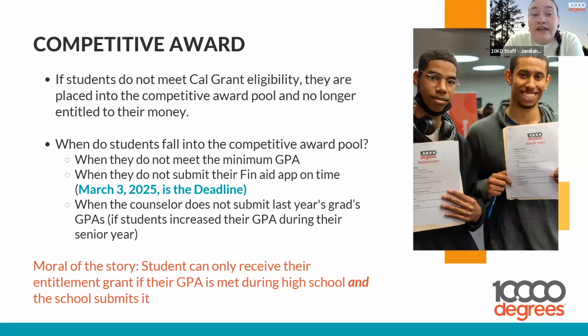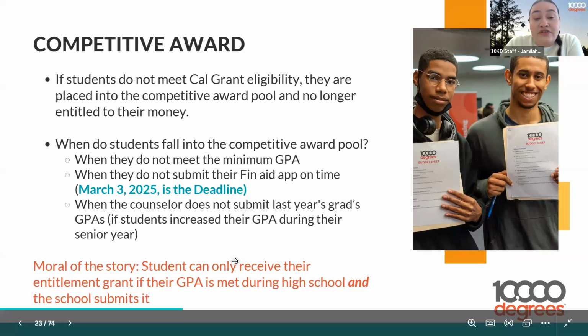So the competitive award. If students don't meet the Cal Grant eligibility, then they're placed into the competitive award pool, but they're no longer entitled to their money. So when do students fall into the competitive award pool? When students don't meet the minimum GPA or when they don't submit their financial aid application on time, which, as